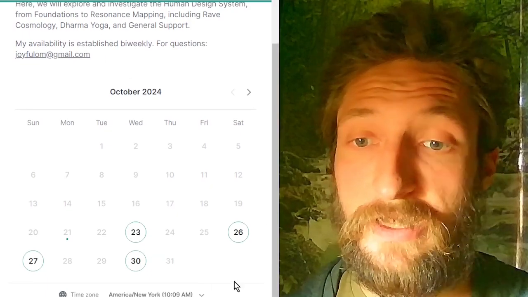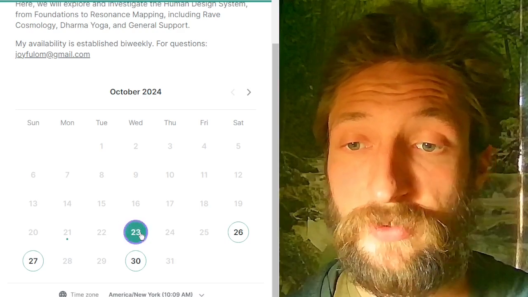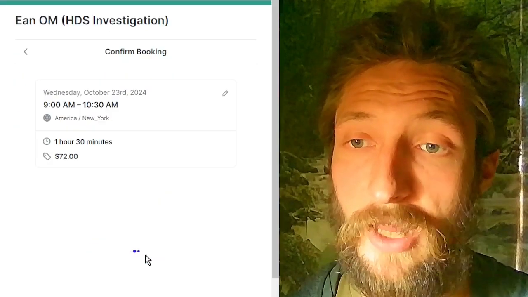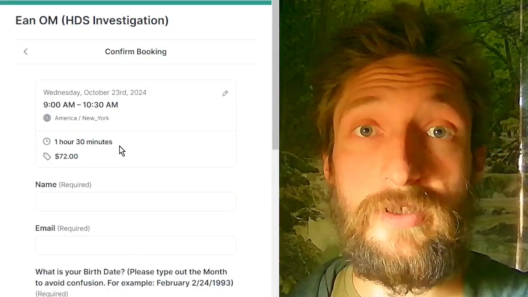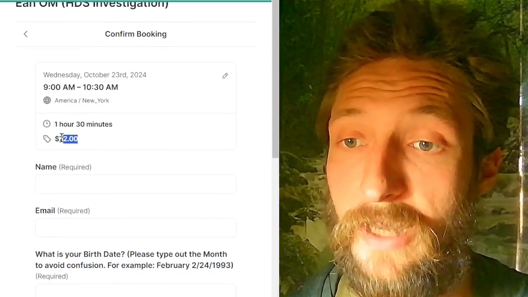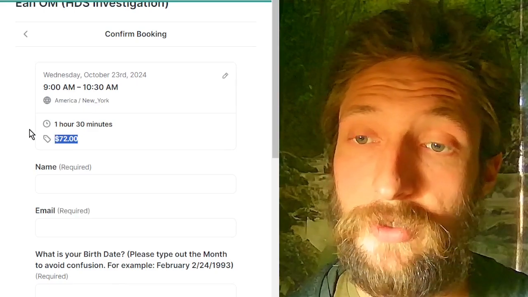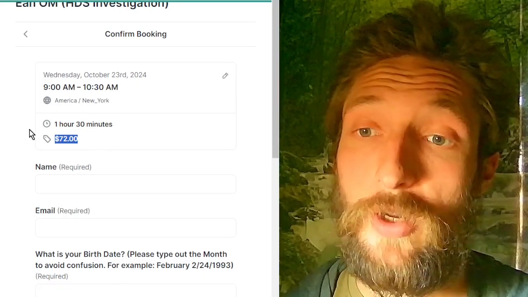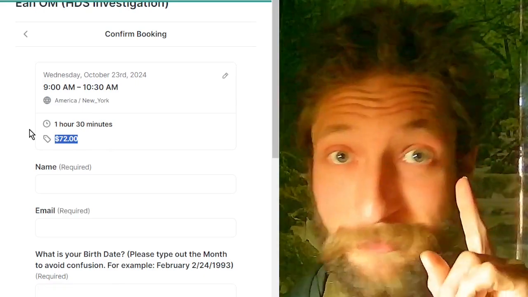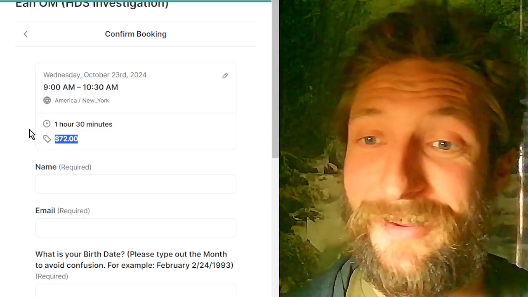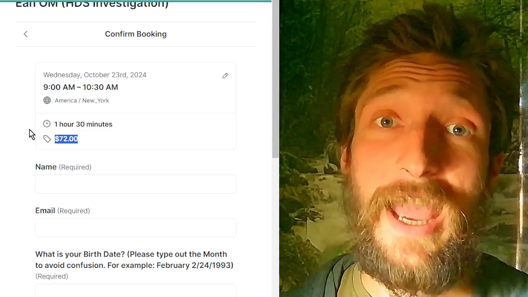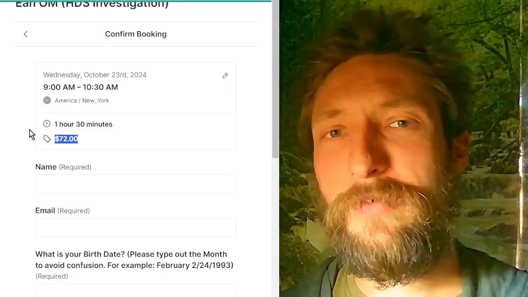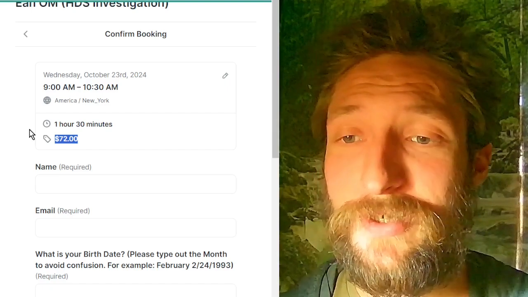Down here we're seeing the available times, and if I'm looking as soon as possible on this Wednesday, I can see a 9 a.m. slot. Something you might notice is that we're looking at $72 United States for the minimum donation. Right now, for the first person, maybe two if I'm feeling that way, it's half off at the exact moment we're walking through all these details, to give you a little bit of an incentive to open up the conversation some more.